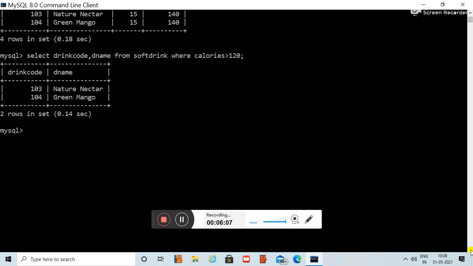What are we going to do? Select, obviously we have to use select. Then what fields will be displayed? Drinks code, name and calories.